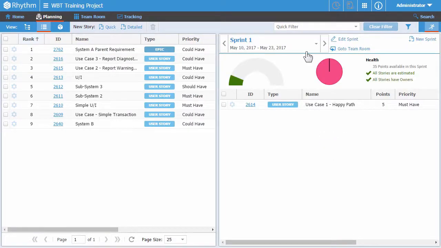The sprint panel consists of the name of the sprint, the sprint dashboard, which provides at-a-glance information regarding sprint health, capacity, and story estimates, and the user story listing, which lists all of the stories in the selected sprint. You can select which sprint and associated user stories you'd like to view by selecting the sprint from the drop-down